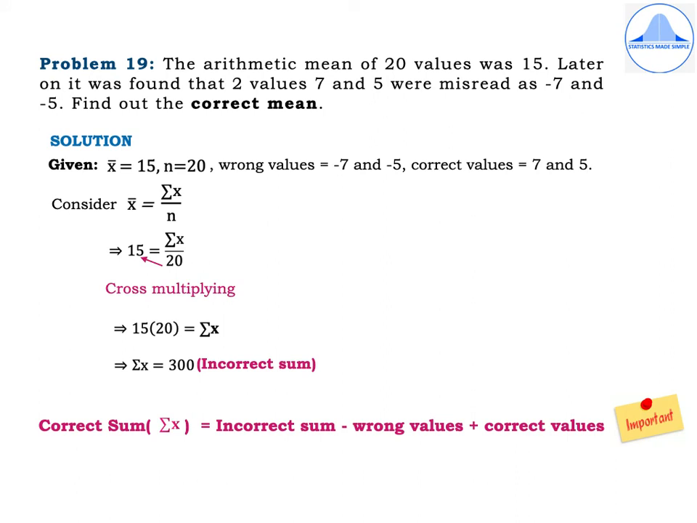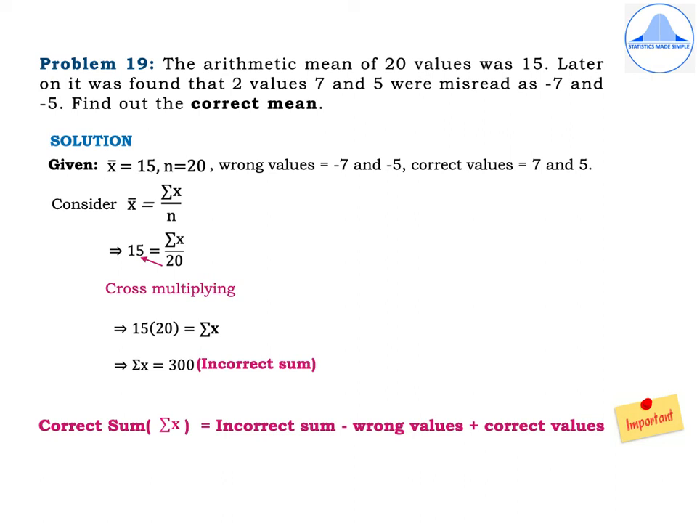Problem 19. The arithmetic mean of 20 values was 15. Later on, it was found that two values, 7 and 5, were misread as -7 and -5. Find out the correct mean. This problem is similar to problem number 18. Under solution, write given x bar is equal to 15, n is equal to 20. There are two wrong values, -7 and -5, and the correct values are 7 and 5. Let's start with the arithmetic mean formula for raw data. Consider x bar equal to summation x divided by n,